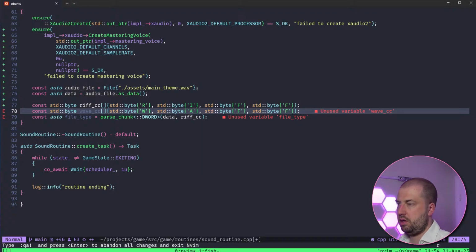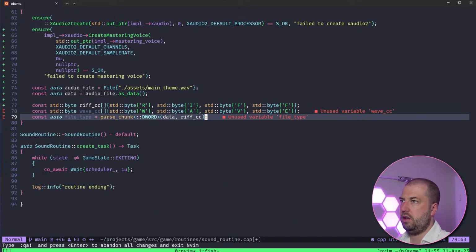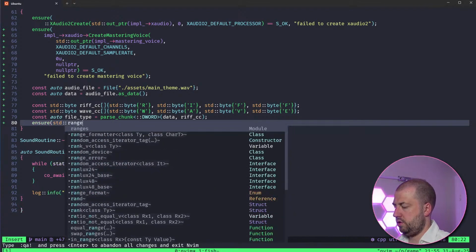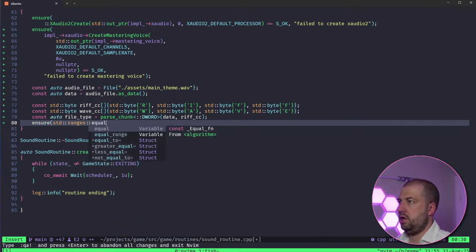A, B, F, R, E. Okay, and then I should be able to ensure std::ranges. No, actually, I think I should be able to just. I just want that as hex, right?